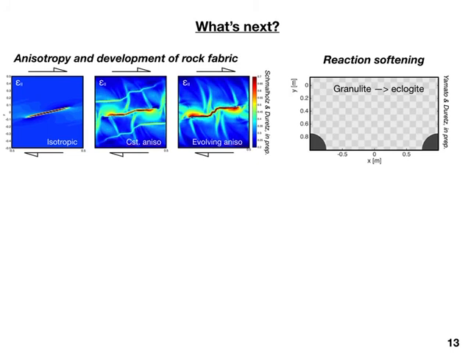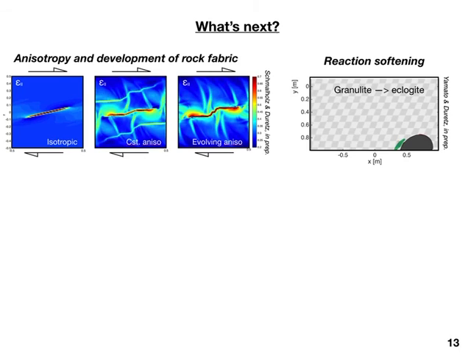Another topic we are currently working on is the effect of reaction softening. Here, for example, we design a model which shows the transition from granulite to eclogite in the matrix. You see a stress perturbator is the circular inclusion. With ongoing deformation, pressure builds up next to this stress perturbator, and you see now a green zone. This is a zone where granulite has transformed to eclogite, so the viscosity changes as a function of the